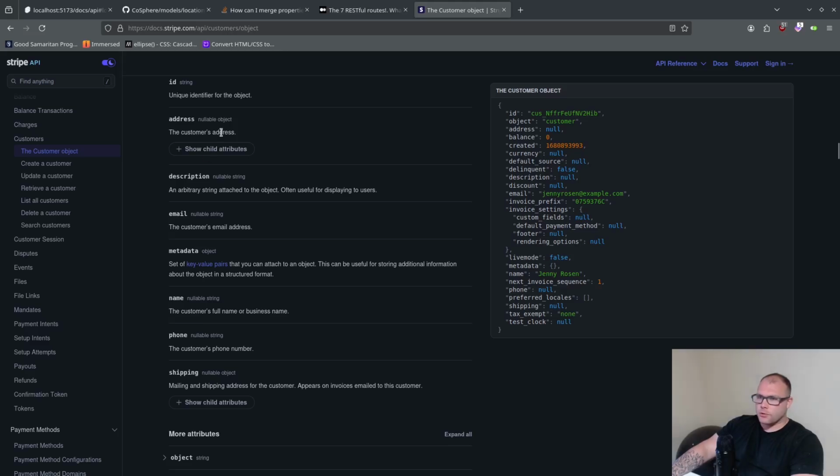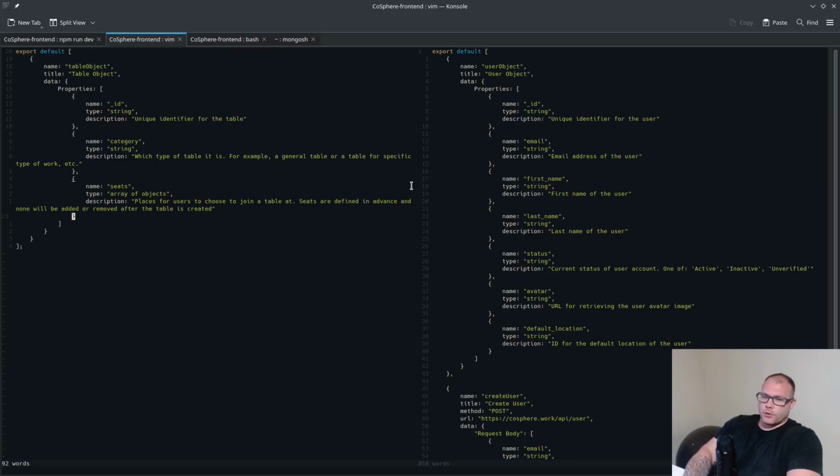I think I'm just going to, so address, it'll just be seats, for example, and then below it will be seats dot whatever. I'm just going to do that just for ease of creation, and then in the future, I'll come back and update that. So seats dot